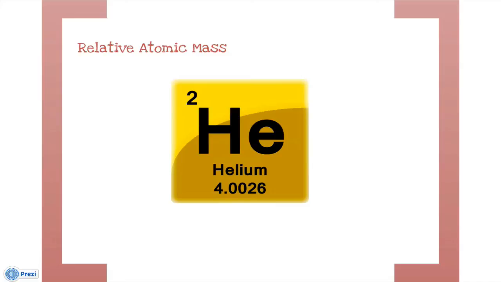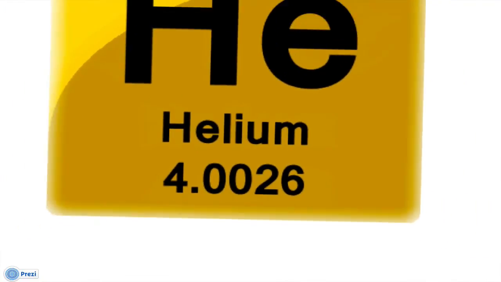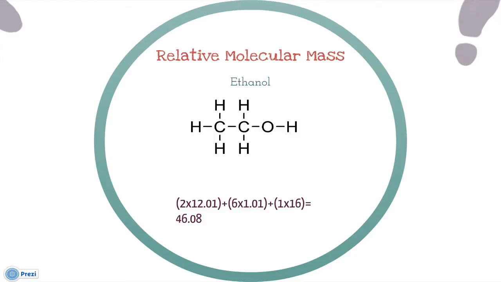Let's talk about figuring out how much they weigh. Well, that's simple. All you have to do is just look at the periodic table. The relative atomic mass is always the bigger number on the table. So for example, the relative atomic mass of helium is 4, but if we wanted to find the mass of a molecule, in other words, the relative molecular mass, we would just add the atomic mass of each of the